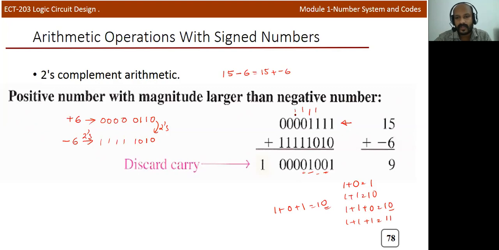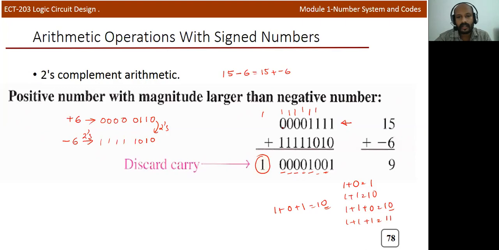The same thing happens here. Again there will be 0 and 1 carry. Again 1 0 1, again 1 0 will be the answer. So 0 you can write here. There will be a carry. Again there is a 1. So 1 0 1, again the result is 1 0. So you can write the 0, and there will be one carry. So that carry is written here. Okay. So the final carry.